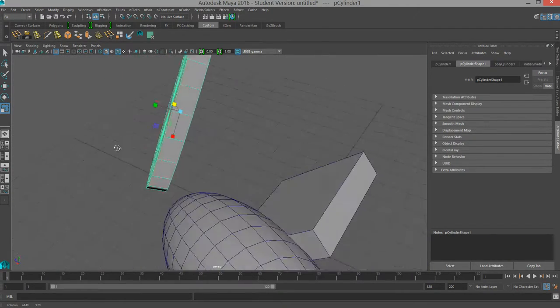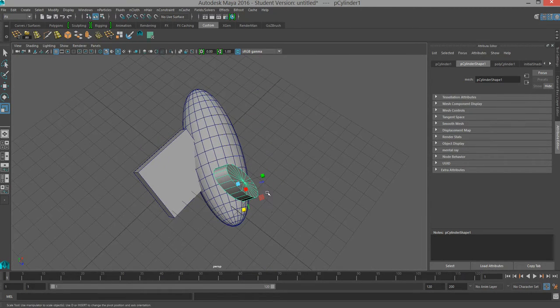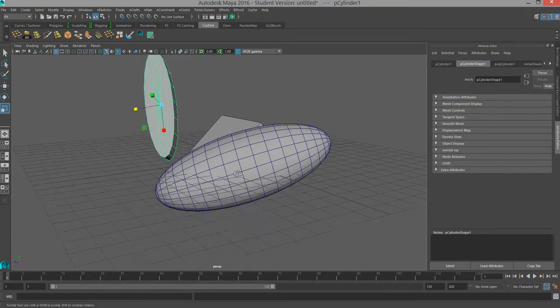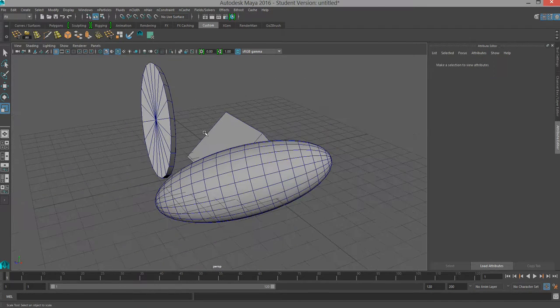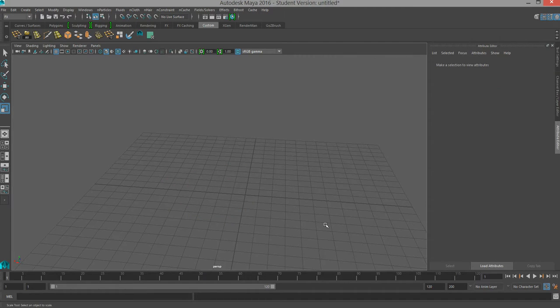So those are the basics of getting started. Play around with those for a little bit, and then